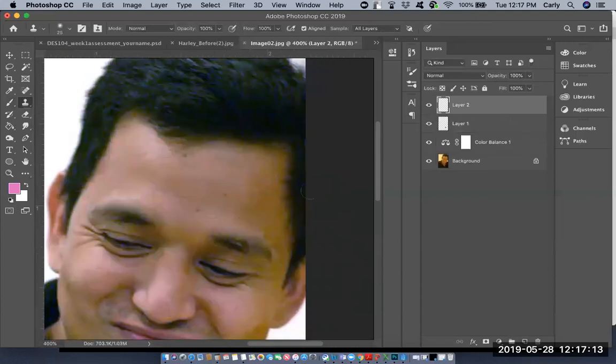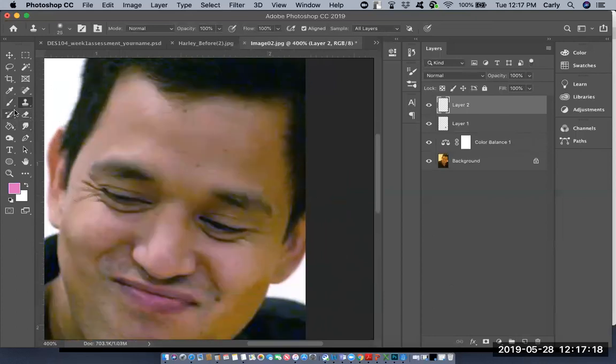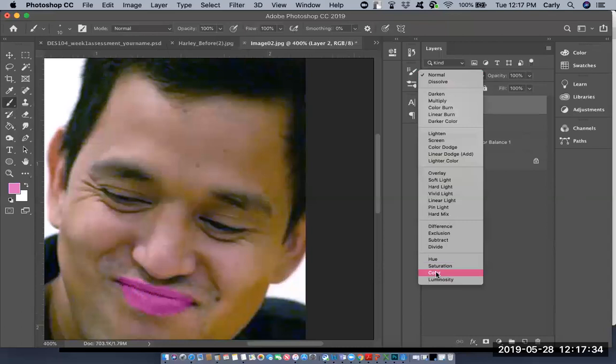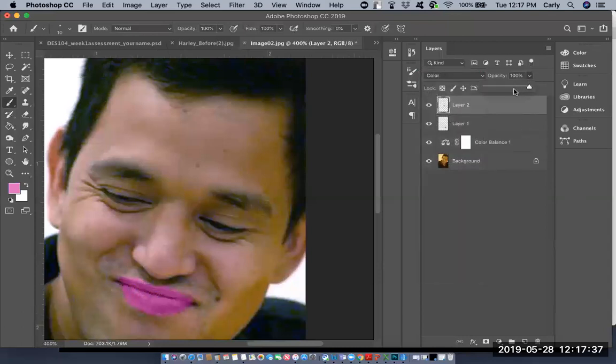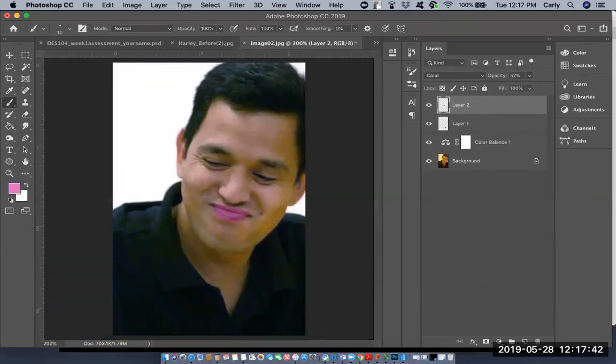Many students like to colorize his hair or colorize his lips. So we can use a little paintbrush here. We can paint, paint, paint. All right, and then we can change this from normal to color. And if we want, we can lower our opacity a little bit to make it look a little bit more natural. There we go. And now we're going to go and take our screenshot by hitting Shift Command 4,